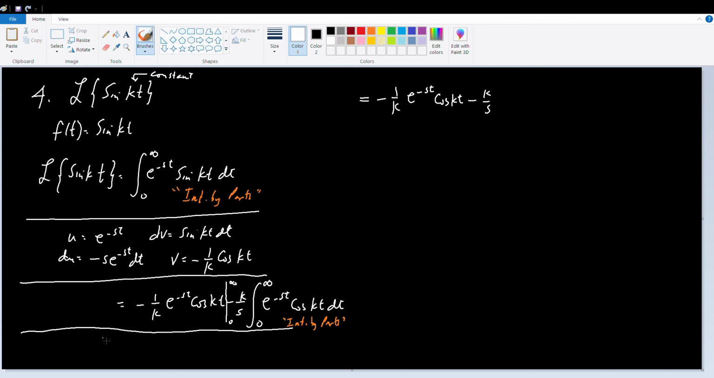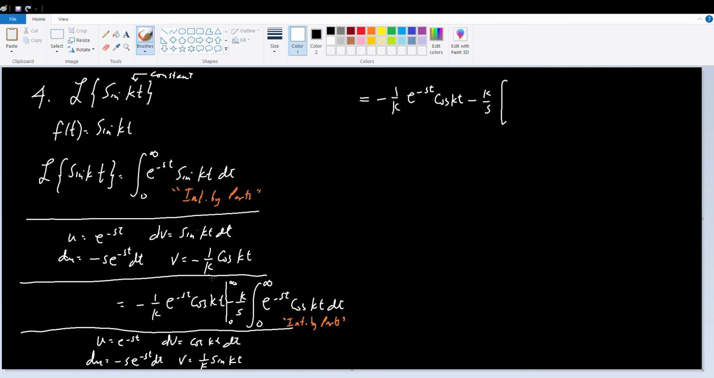Our u is e to the negative st, dv is cosine kt dt. So du once again is negative s e to the negative st dt, and your v is 1 over k sine of kt. So negative ks, we continue, negative ks times uv, 1 over k, sorry,